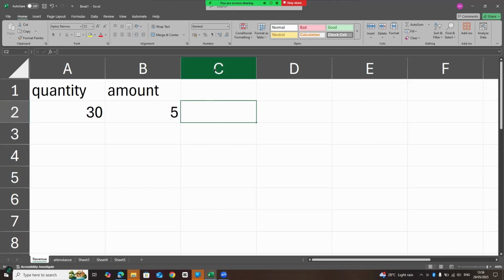So now, what is a column? A column is a vertical line. Where you see vertical, you see column. And where you see horizontal, you see row. A column is a vertical line that is labeled in alphabets. It's labeled A, B, C, D, E, F, and it goes on and on. And a row is labeled numerically. It's labeled from 1, 2, 3, 4, 5, and it goes on and on up to